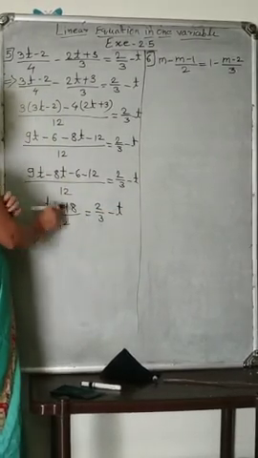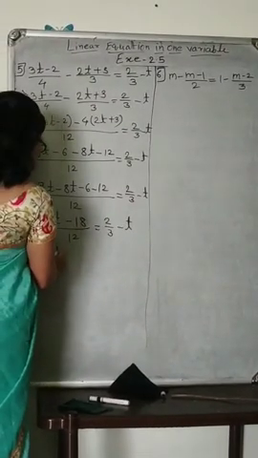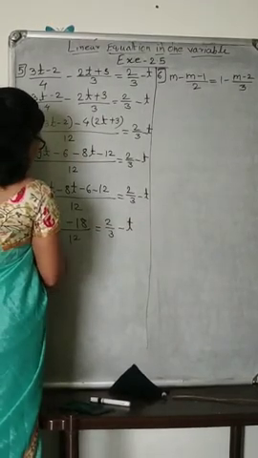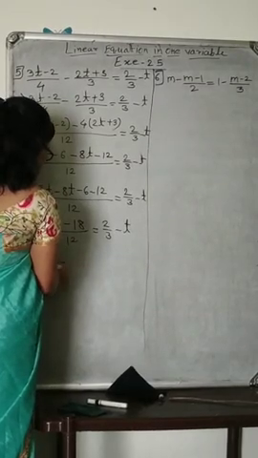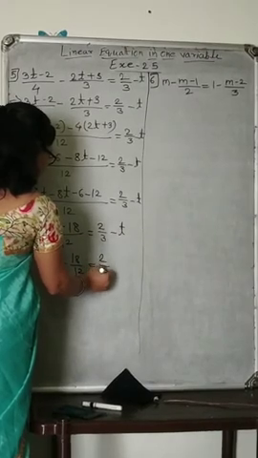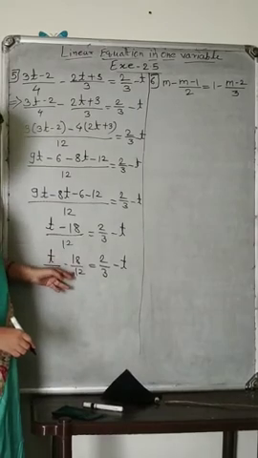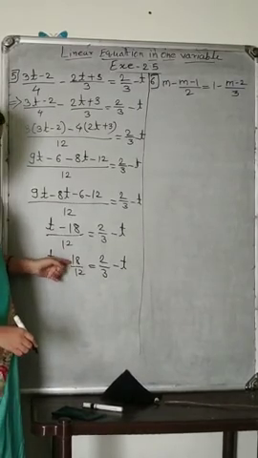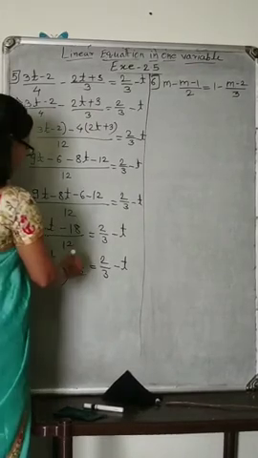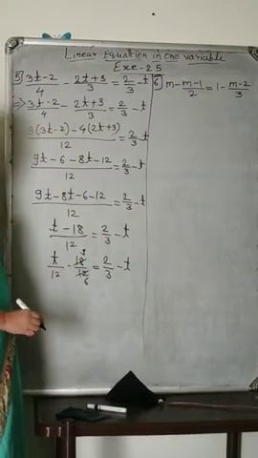Now what will be here? t minus 18 divided by 12 is there. Then here will come t by 12, like the before example we can do. Otherwise we can write t by 12 minus 18 by 12 is equals to 2 by 3 minus t like this way. Now here we can make the simplest form by dividing by the 2's table. 2 9s are 18 and 2 6s are 12. Then here we can make the simplest form 9, and here will come 6.